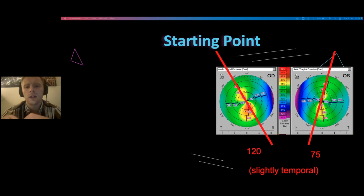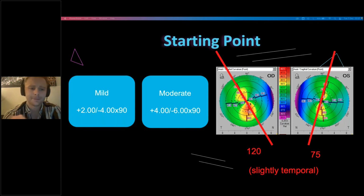The third starting point: once we've got our retinoscopy, autorefractor, and topography, if you can't find another good starting point, this is something I really want to highlight. If you have absolutely no idea where to start in a keratoconic patient, try one of these. +2 with a -4, sphere equivalent 0, at 90 degrees,